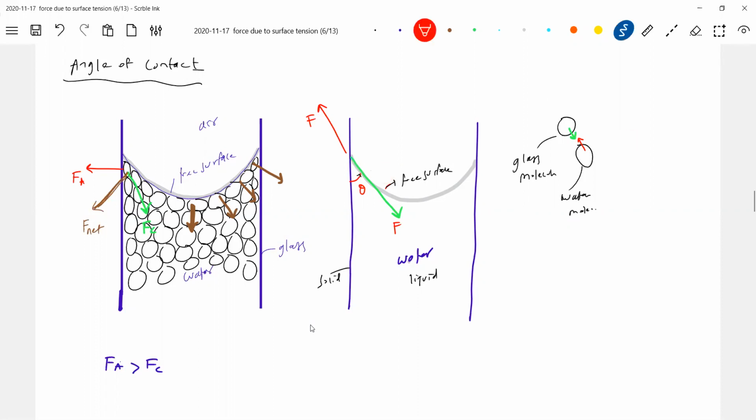So if you draw the free surface, it will be like this. This will be air. Below, this will be liquid everywhere. Tell me how we have to show the force. The force you have to show in this way, not at one point, but everywhere. Able to make it out? The glass will exert a force. Now this theta I'll call the angle of contact.